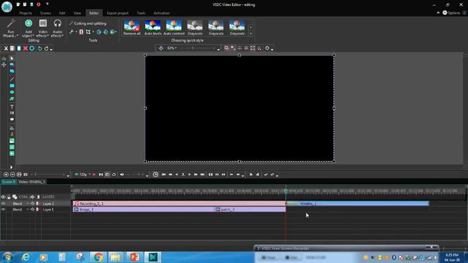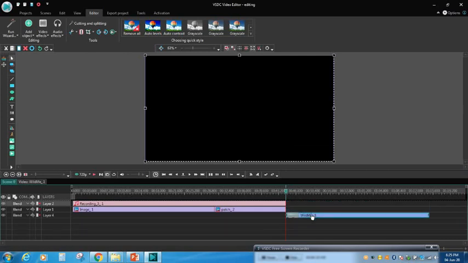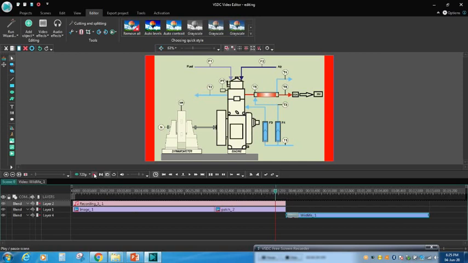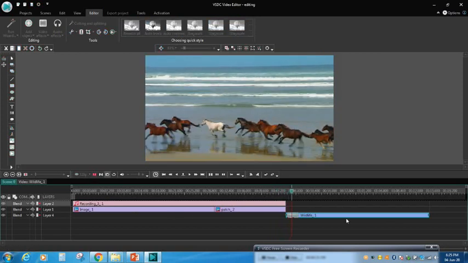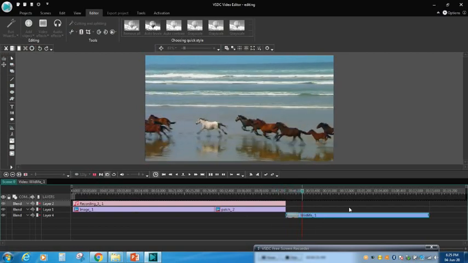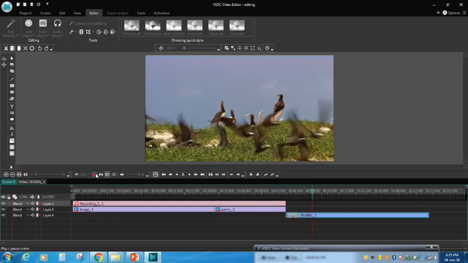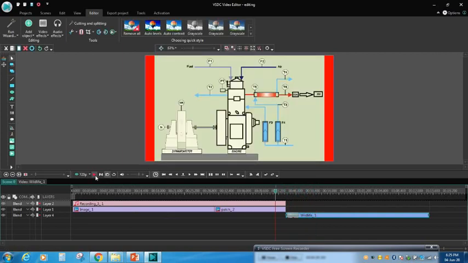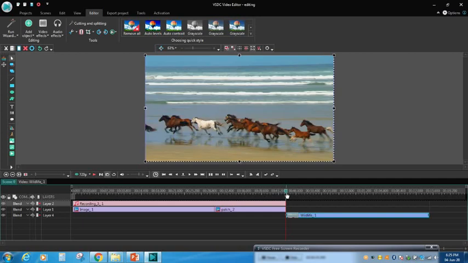Then I got this video file. This video file already has audio, so that's why I am not adding any audio file here. You can move it to another layer to differentiate audio, image and video. That is also possible. Now you can check how exactly it will play. So this is exactly how it will play, up to this position.